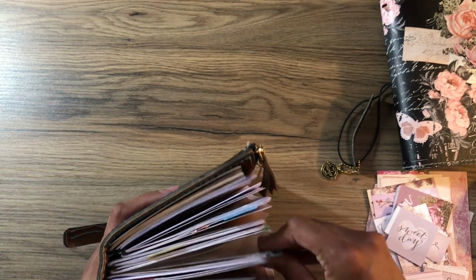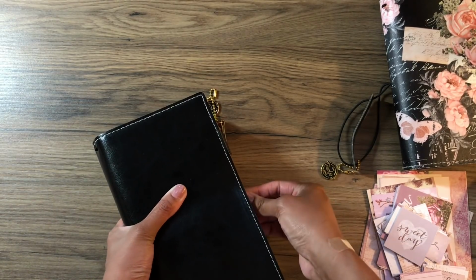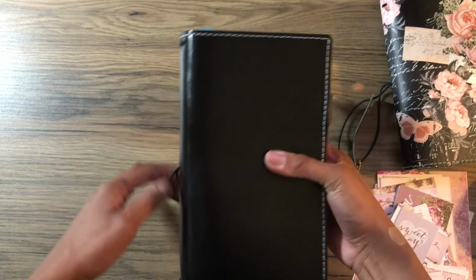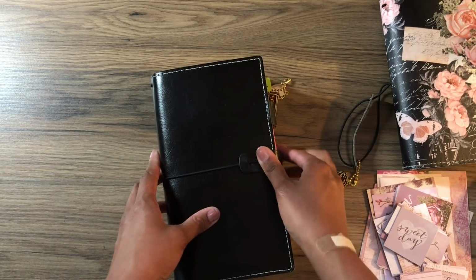Okay, so now the challenge is to keep my tabs and everything inside. But see how much you can chunk this? There's just so much chunk, and I love it. Okay, so this is going to be my office. Okay, this is the office. Now, let's hop over